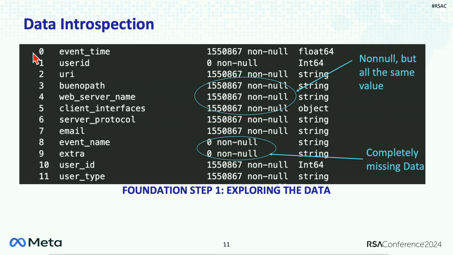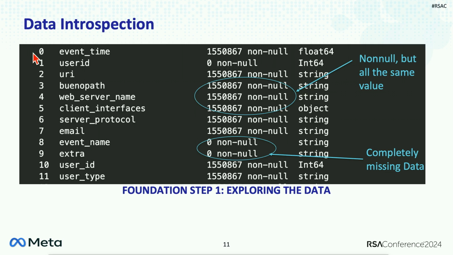Let's say in this case, we are starting to build a model for an authentication system. We want this model to work in real time. And so our particular threats and the things that we're trying to consider are user enumeration threats and password brute forcing attacks. This is an example of what your data might look like when you first start out and take a look and pull these logs.